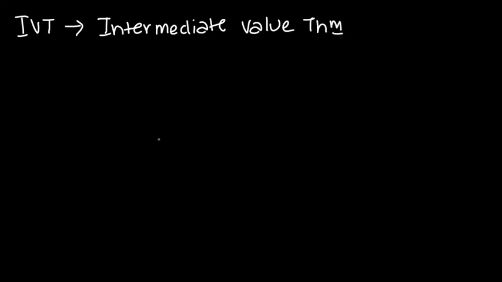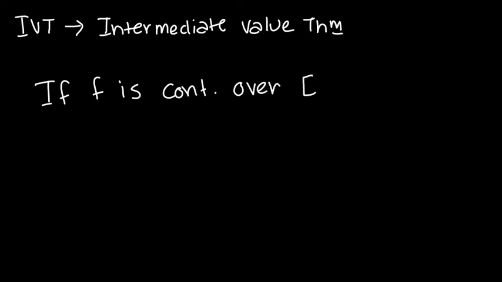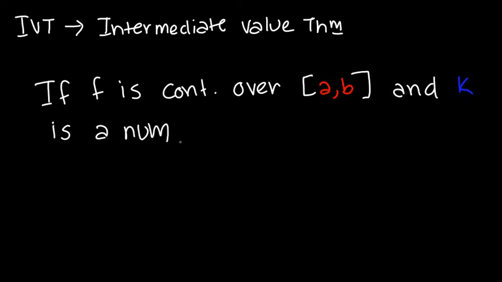The intermediate value theorem states that if f is continuous over the closed interval a, b, and k is a number between f of a and f of b,